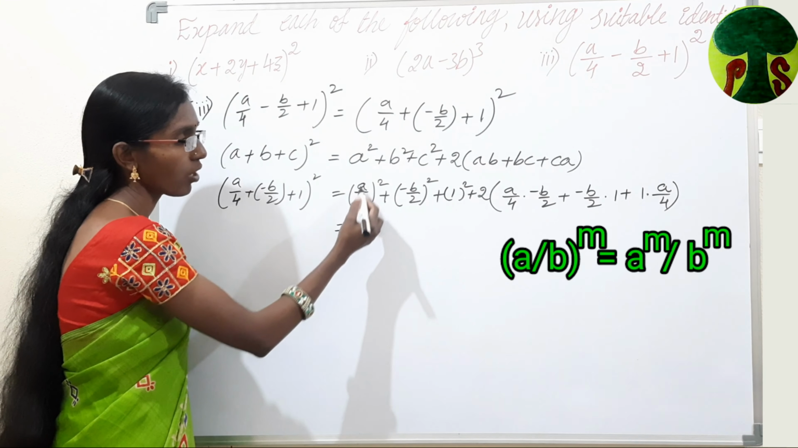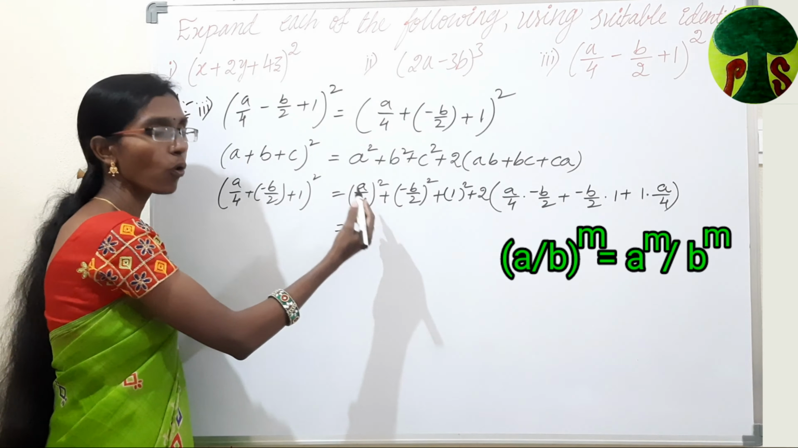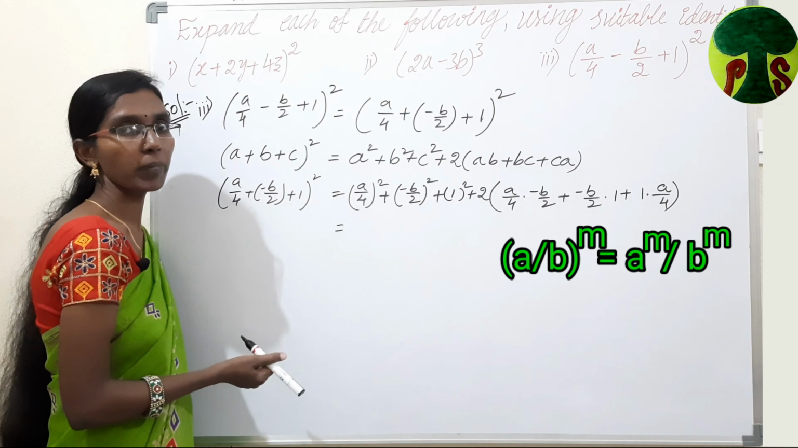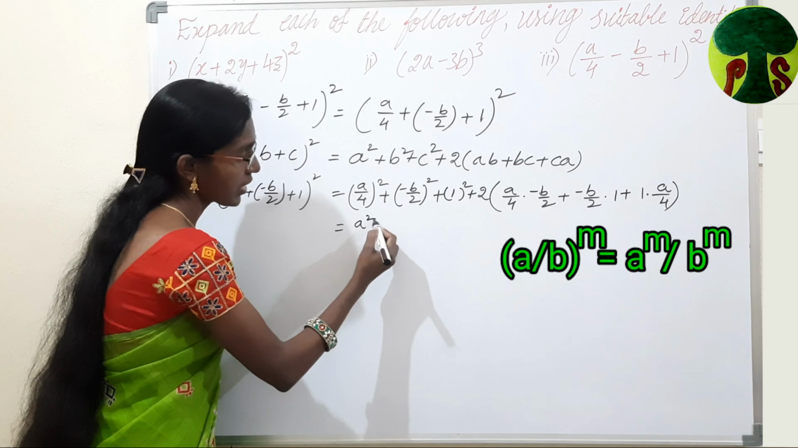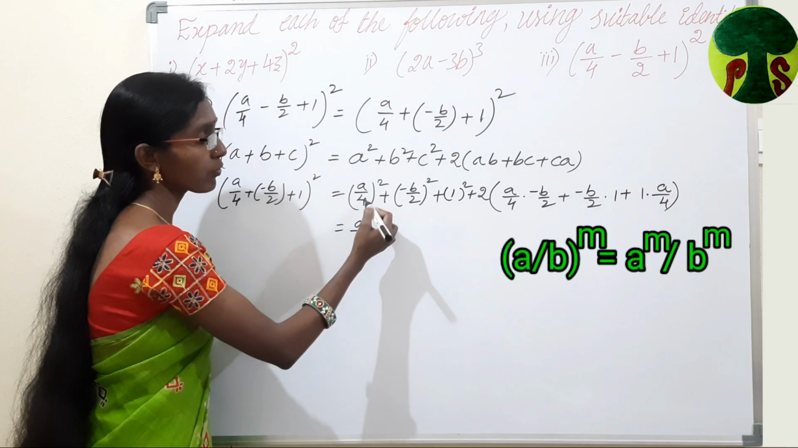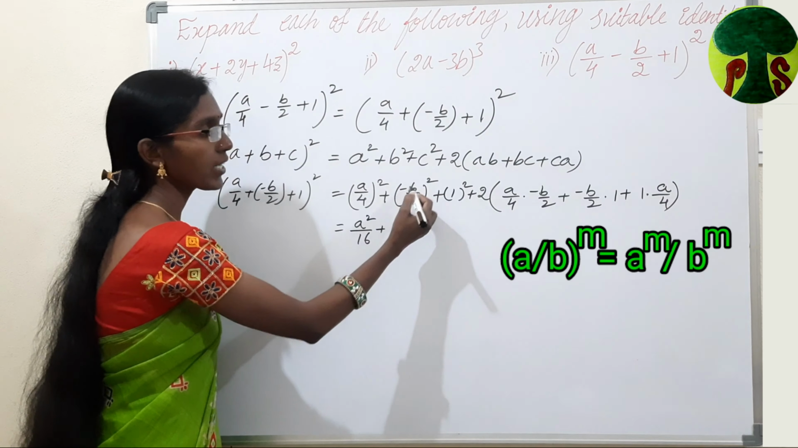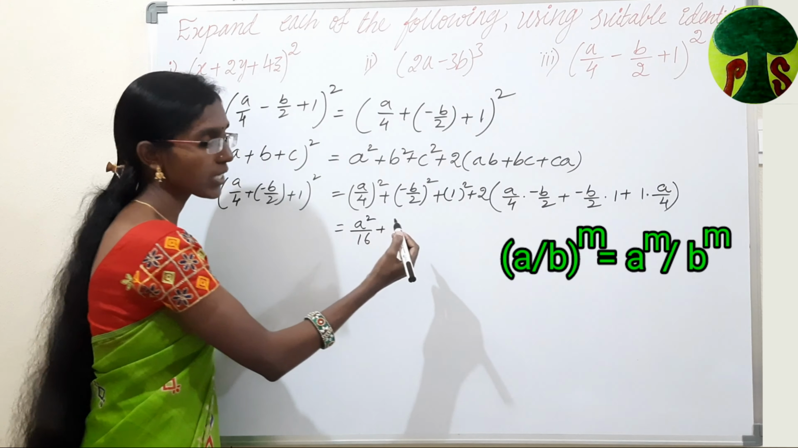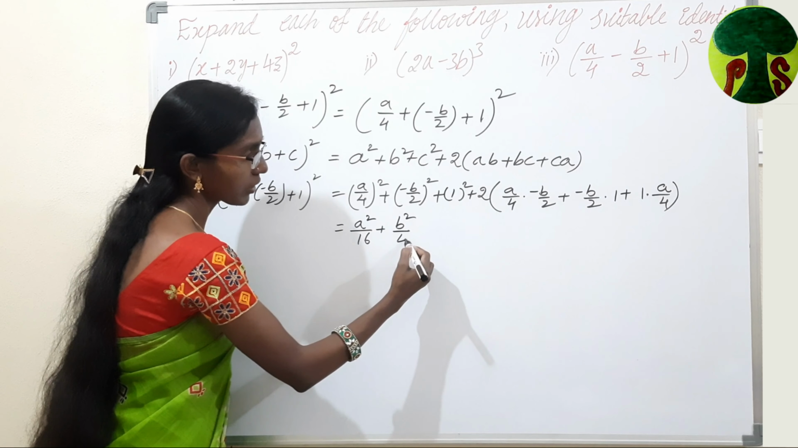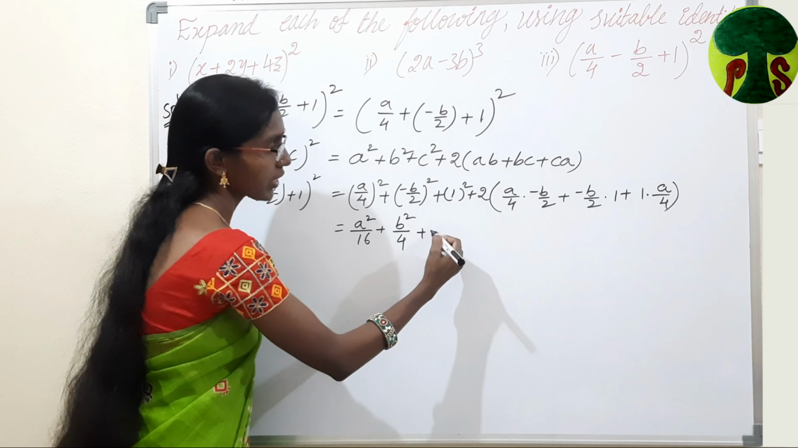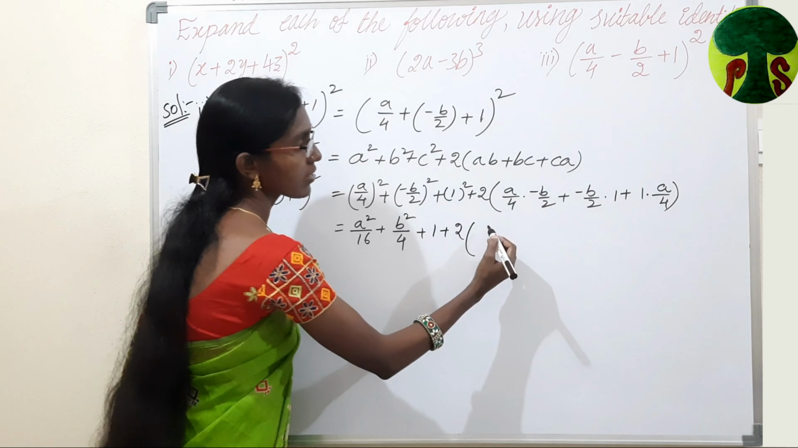It is in the form of (a/b) whole power m. (a/b) whole power m equals a power m by b power m. So that means a square by 4 square, 4 square is nothing but 16, plus (-b) whole square, we will get plus b square by 2 square, 2 square is nothing but 4, plus 1 square is 1, plus 2 into a into b is ab and